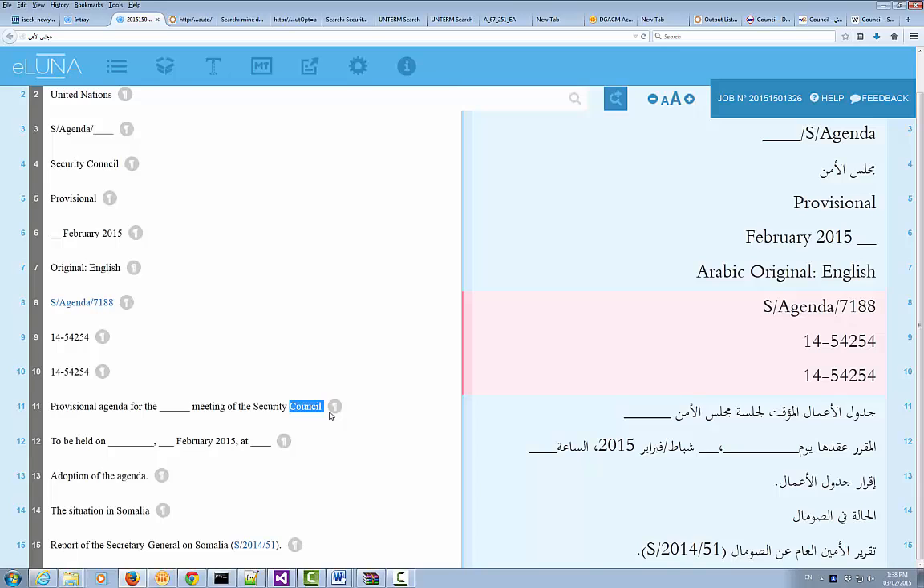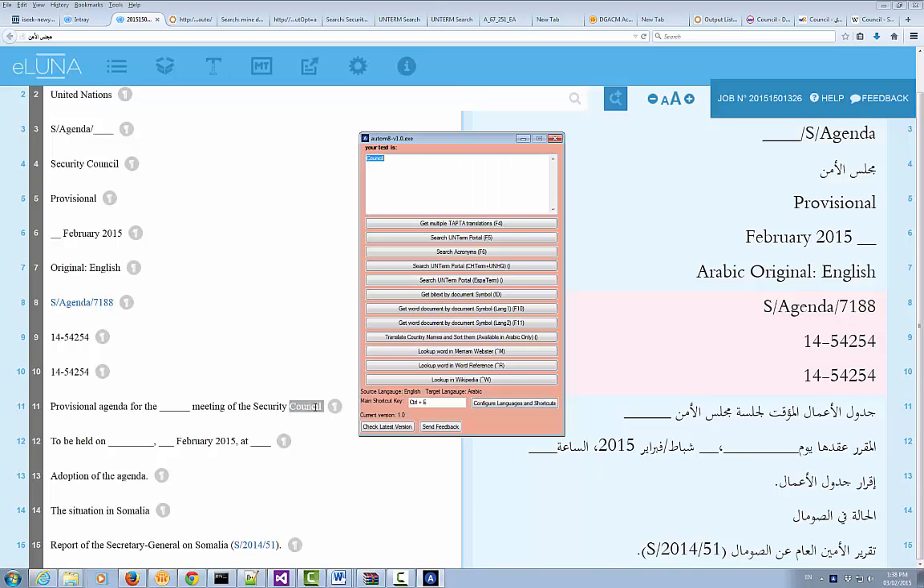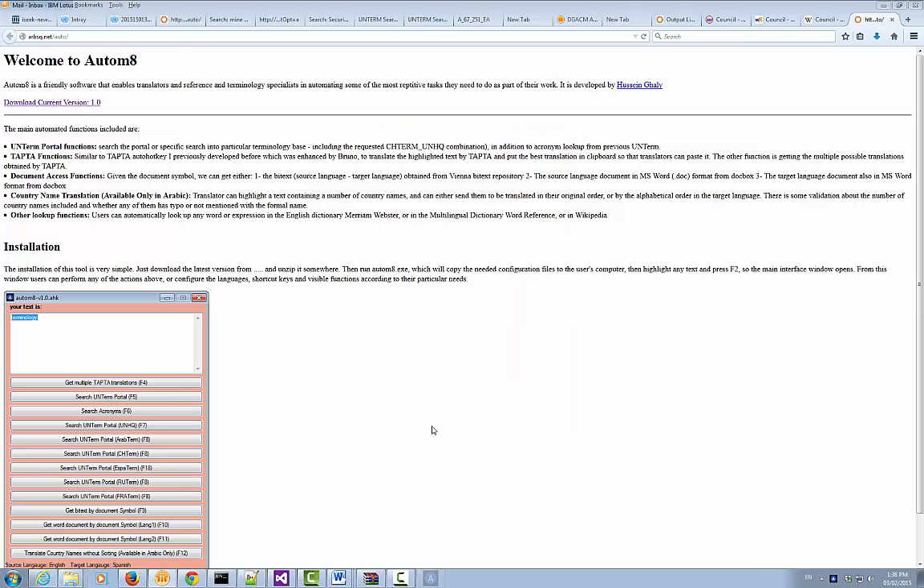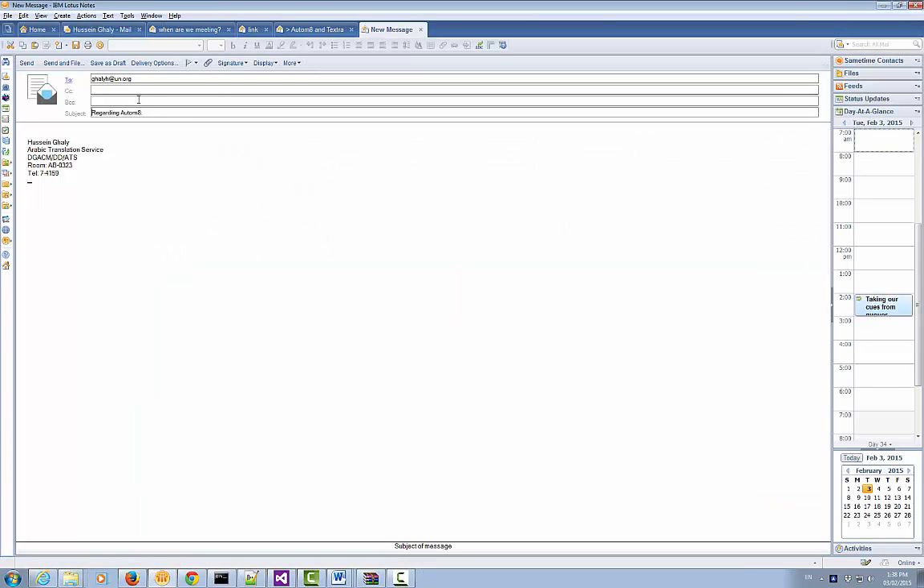And when I run F2 again, or the new shortcut key, it will give me this main interface without this option that I just made hidden. And I can always check what version I have. The current version is 1.0, so I can check the latest version, and it's still 1.0, but later versions will appear. And if you want to give feedback or report a problem, you just send feedback, and it will send me an email regarding